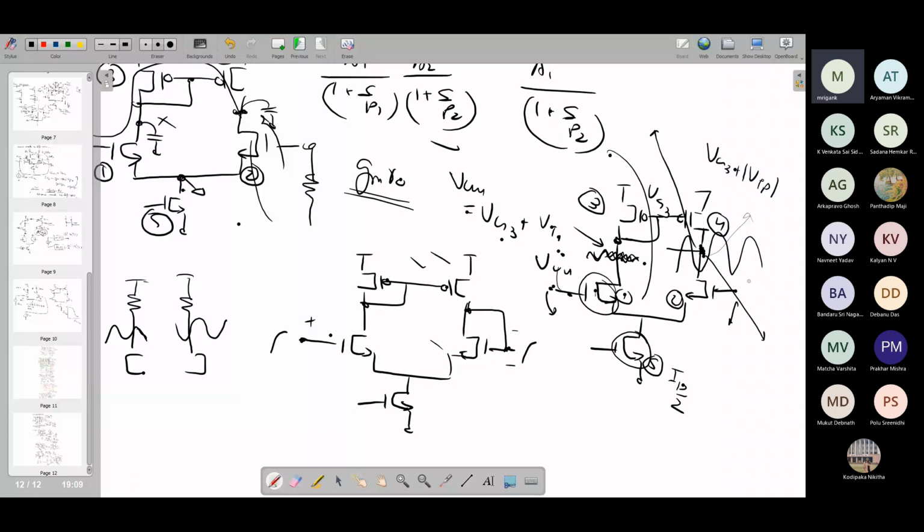So we will only look at the output node which is constituted of M4 and M2. So what is the swing consideration for a given VG3? V out max will be VG3 plus mod VTP, and what is V out min possible? V out min possible is whatever is the DC potential at this node, VG2